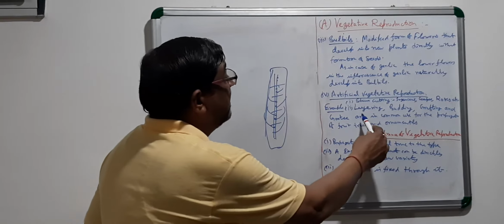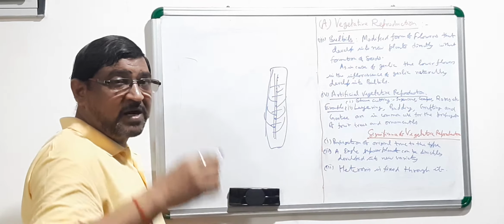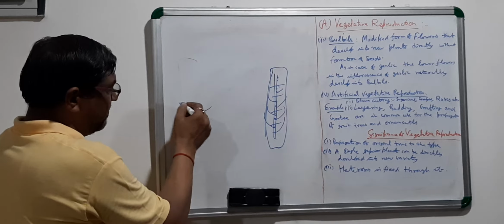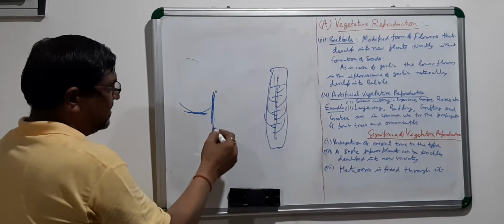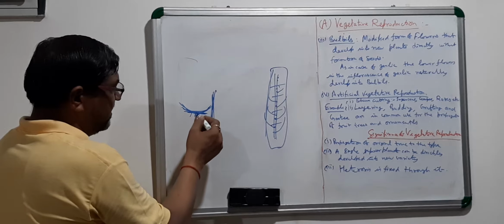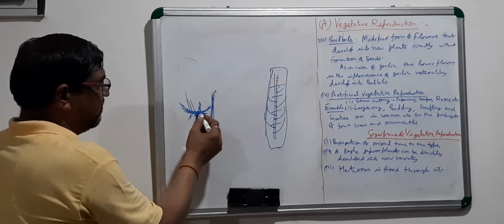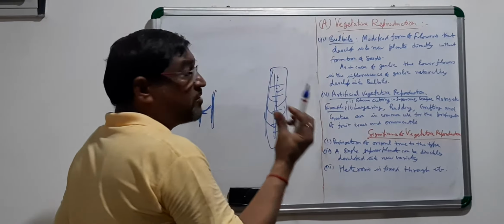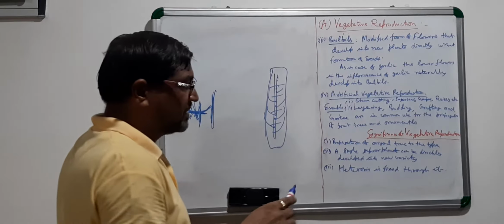Another way is layering. There are many plants, many fruit plants where, in layering, you are just putting the stem in the ground. Stem is like this, you are layering it, and this part is giving you the root and shoot, then you remove it from the original plant, and this new young one you are getting. This is layering. Then budding, from the bud itself you are regenerating the new plants from that plant.